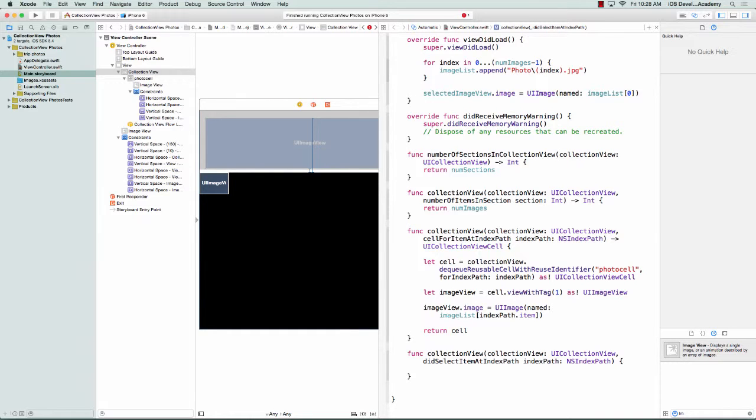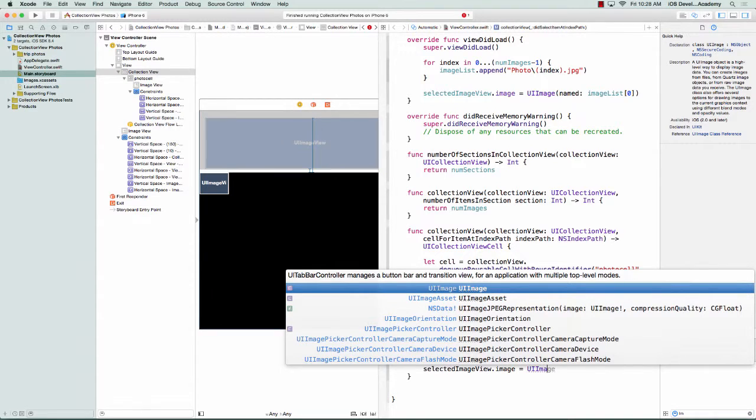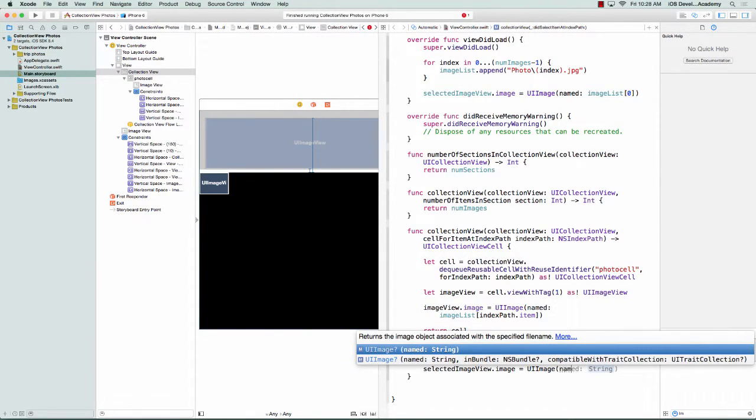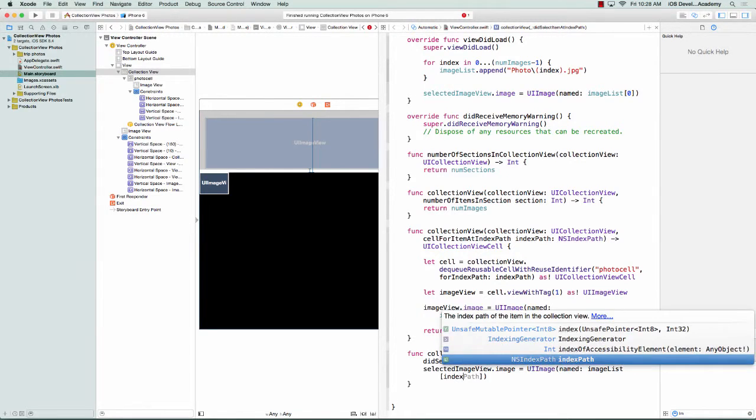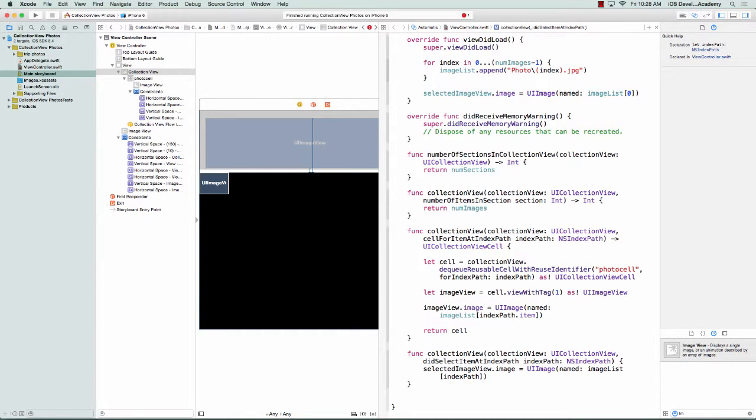And this code that we're going to implement isn't much different than what we did to set the first image, except we're going to set it based on the index path. So we're going to say selectedImageView.image equals UIImage named. Our images are located in imageList. And which one do we want? We want the indexPath.item, if I'm correct. So indexPath is the index path to the one that was selected, but contained in that is item, which is an integer, which will match up with our array of photos. So now if we run this again,